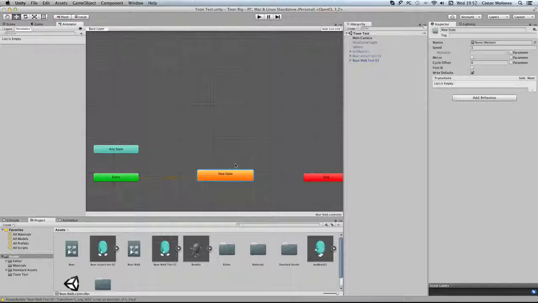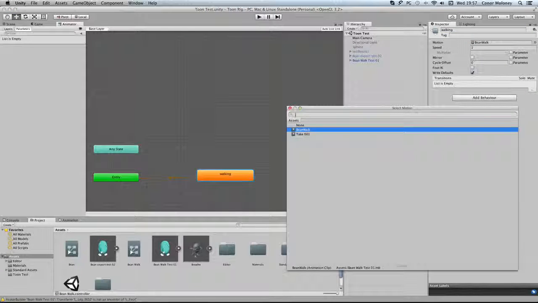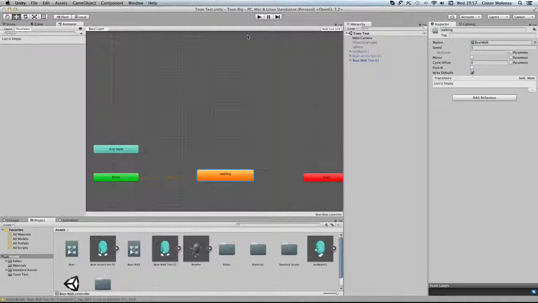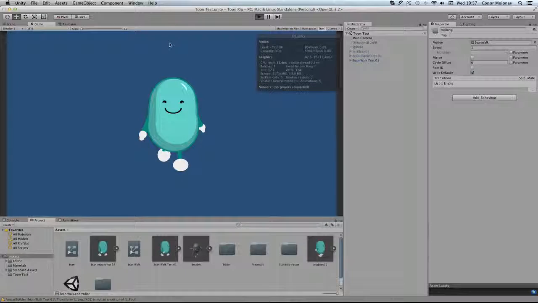Okay. So from there, here's my new empty state, and this will just be walking. Everything's fine. I want to keep the speed at 1. Okay, and now the motion. This is the animation, and I will go with bean walk. This should do the trick, and if I go back to my scene or my game view, I'm going to hit play,